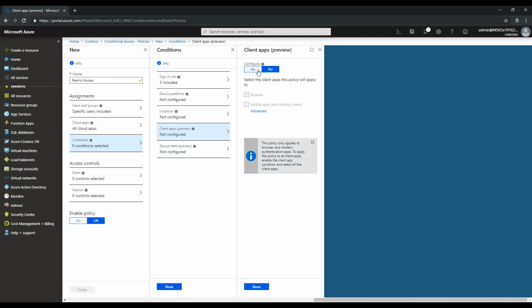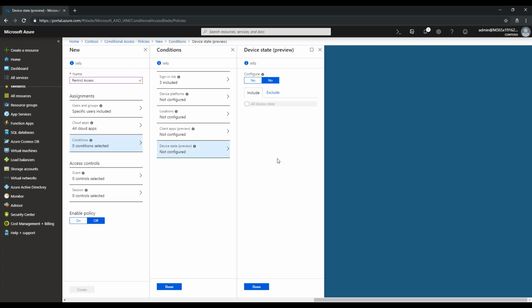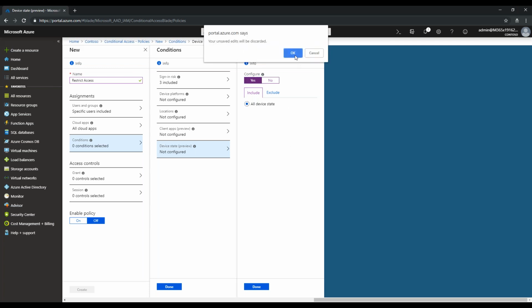Client apps: if you have configured any apps, then you can say that this can come from a particular mobile app. If that particular app is used to access your environment, then you can allow. Or if it is coming from a browser, then the access will not be allowed. Lastly, the devices themselves. You can configure the state of the devices, and you can configure more device states. Once you do that, they will all appear here. Then you can configure the policy only for approved devices, or deny the policy for unapproved devices.